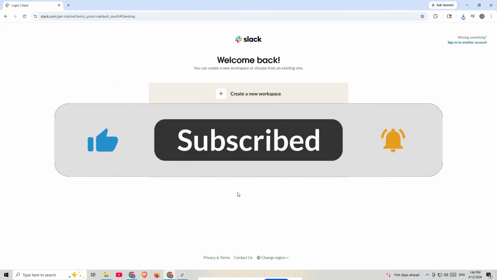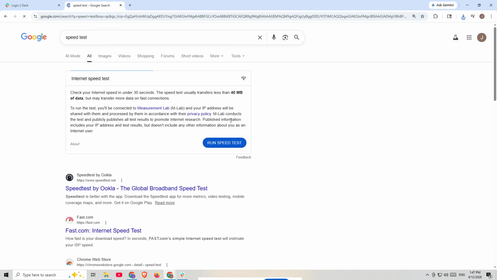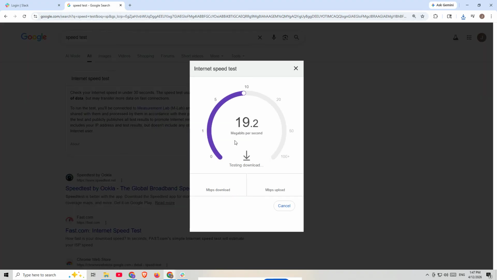Let's start with the first thing you should check: your internet speed. A slow or unstable connection can easily interrupt a Slack upload, especially if you're sending a larger file. Open your browser and search for speed test, then run a quick test to see how your connection is performing. If the speed looks unusually low, or if the connection keeps dropping, that could be the reason Slack is failing